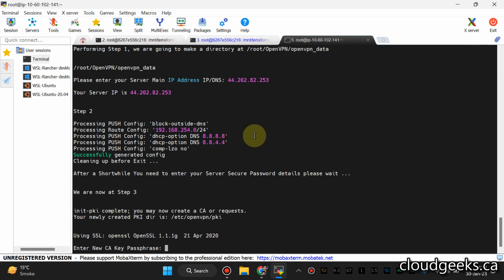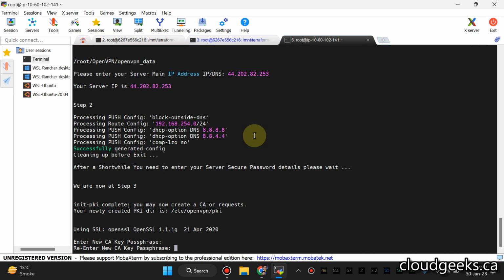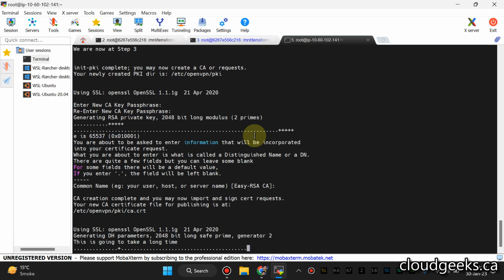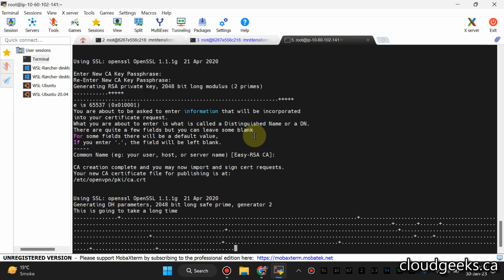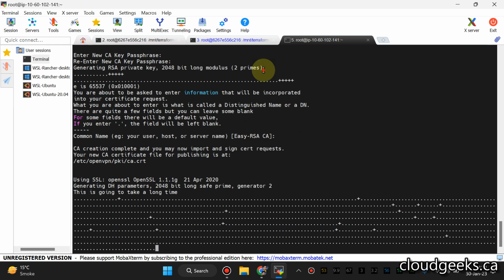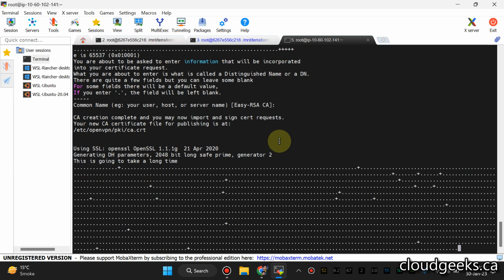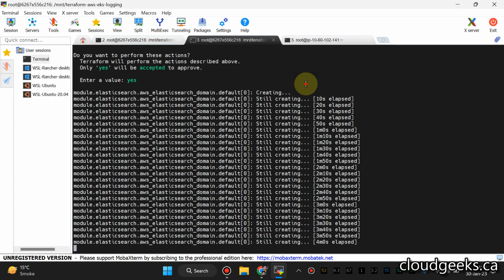Press enter. So it is going to simply create the 2048-bit long encryption key for us. You see the process is pretty much automated. Till then, our infrastructure is actually deploying in the tab on the left side. It will take about 10 to 15 minutes. So in the meantime, we are setting up our VPN and the required stuff we need for this